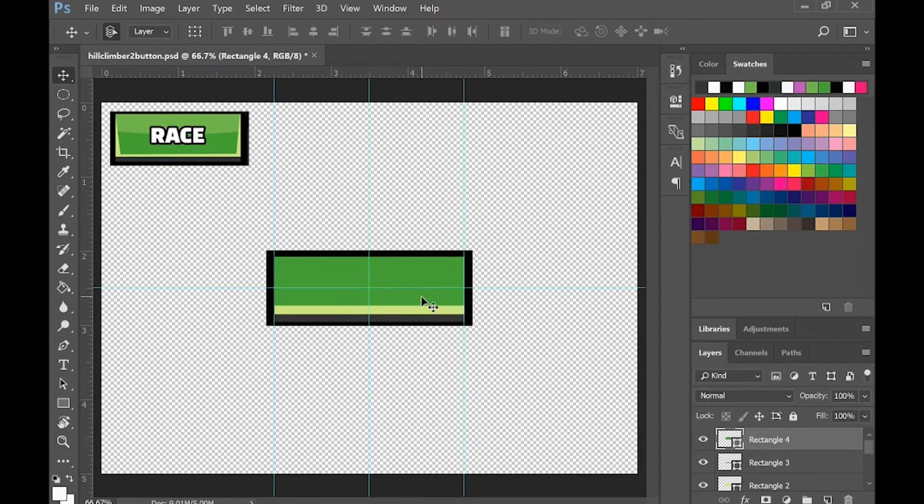Okay, for some reason when I hit OK it didn't drag properly. Okay, when we have our inside rectangle where we want it to be, you can hold Control and select the corners and drag them to